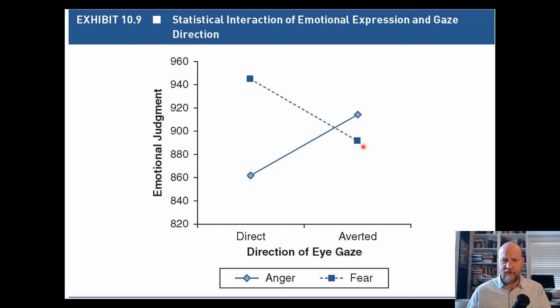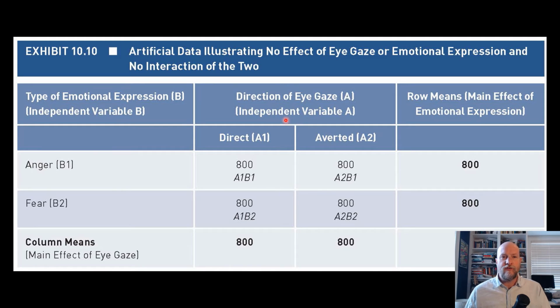For direct versus averted, for fear, you see the opposite effect. And so this is why we visualize this as an interaction, as a crossover. So this is some fake data I want to present. This is just examples of the same cells we were looking at a moment ago with the real data. And now we're just going to look at some examples of how we would interpret